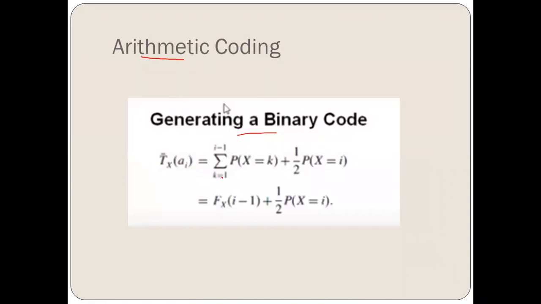T̄x(ai) is equal to the summation of k=1 to i-1 of P(x=k) plus half of P(xi), where P(xi) is what? It is the probability, and T is the tag for ai. This has been summarized and solved to the next level, that is T̄x(ai) is equal to Fx(i-1) plus 1/2 P(xi). Okay, so we are going to use this particular formula for calculating the tag,